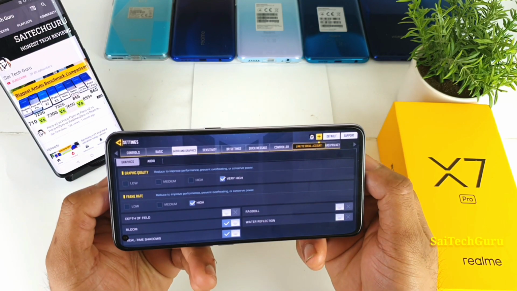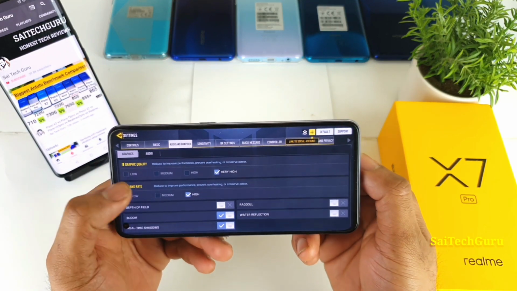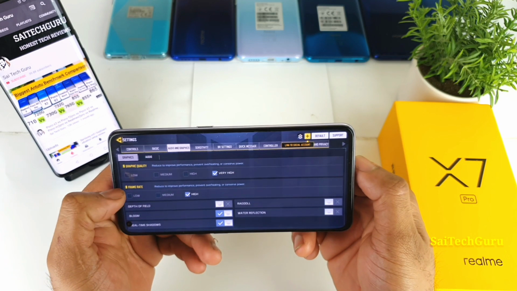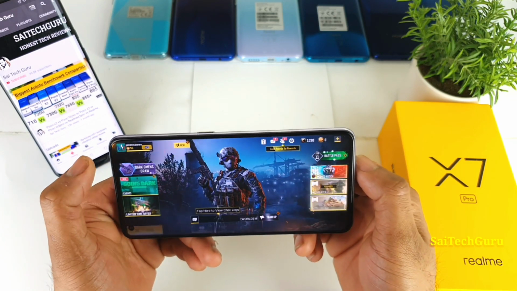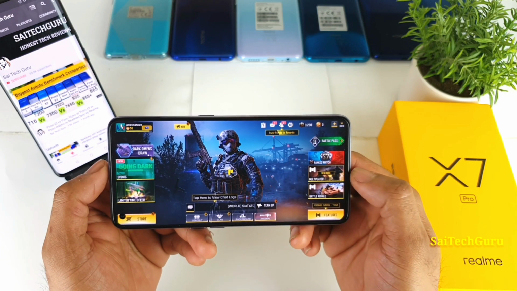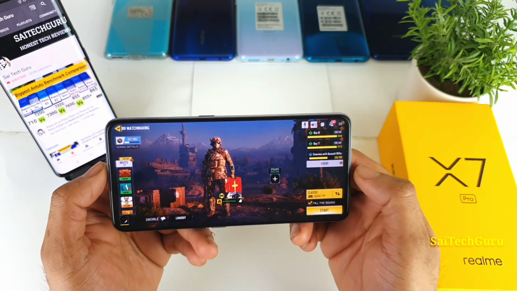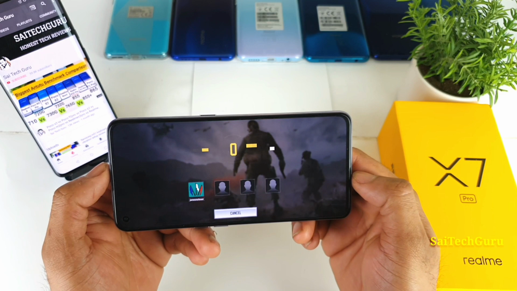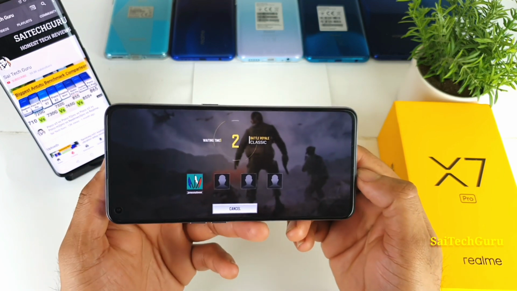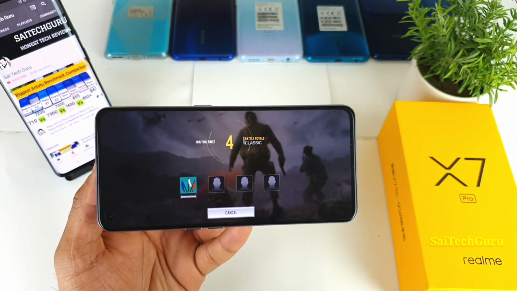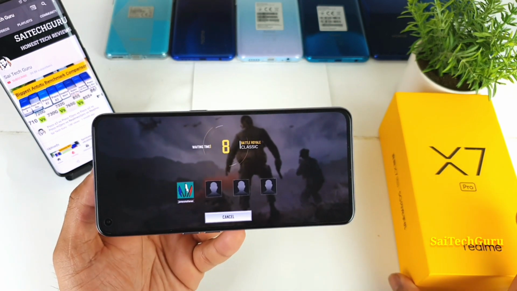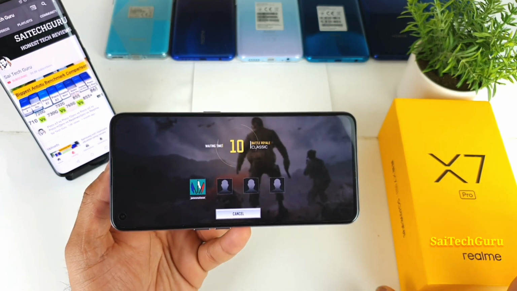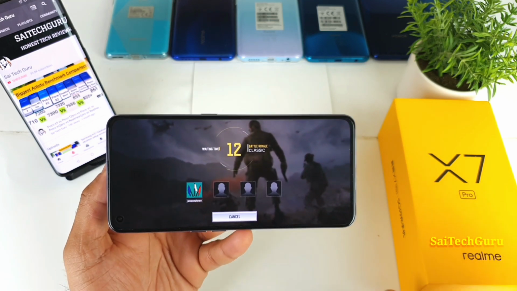So right now, if you go to the audio and graphics, you can find this option as very high, and the frame rate I selected as high as well, as you can see, friends, right now. So now quickly let me open the battle royale game and start the match as well. So let's see what is the maximum FPS count hitting in this battle royale game, and I'll also try to do the multiplayer game test with the same settings. So let's compare the battle royale and the multiplayer, and see what maximum FPS you are reaching